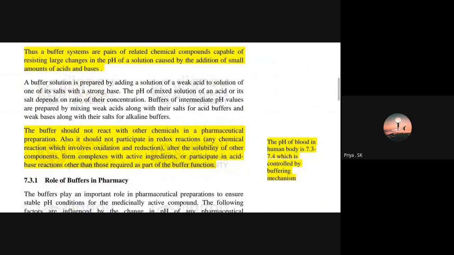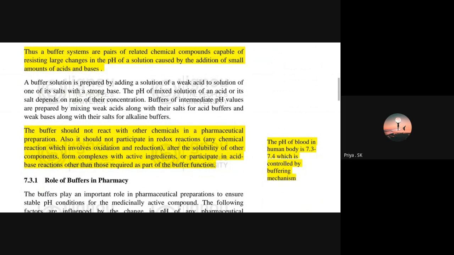That solution will be called a buffer solution. The buffer should not react with other chemicals in a pharmaceutical preparation. Also, it should not participate in redox reactions. Redox means reduction and oxidation reactions. Reduction and oxidation reactions together are called redox reactions. It should not participate in any chemical reactions involving oxidation and reduction, alter the solubility of other components, form complexes with active ingredients, or participate in acid-base reactions other than those required